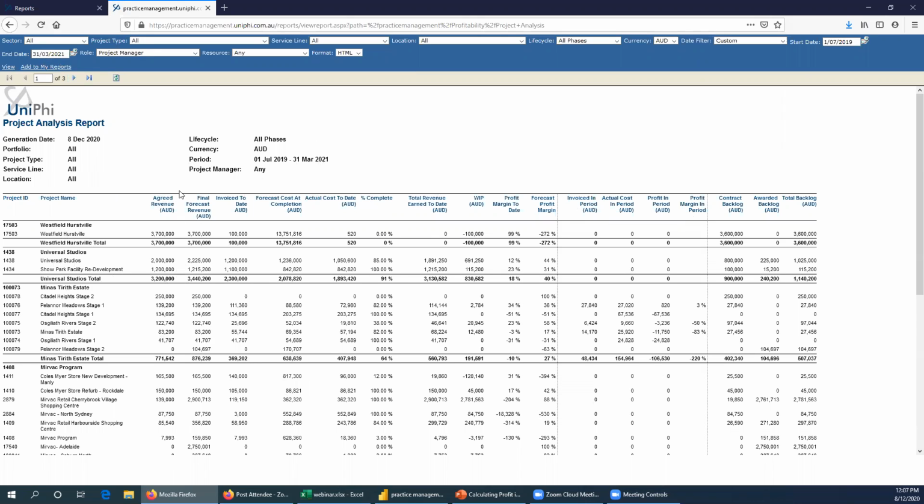As we go through each of these columns, you can see that there's a column called agreed revenue, and one called a final forecast revenue. And so this links back to the question, are you looking at total forecasted profitability or within a time period of a financial year? We then have invoice to date being up to that particular March 2021,